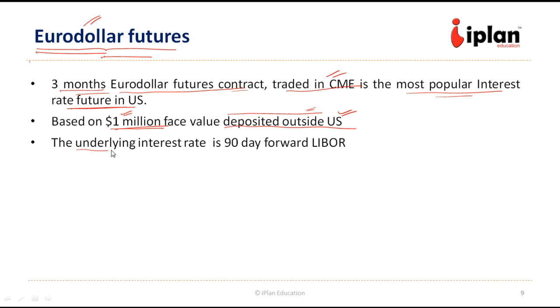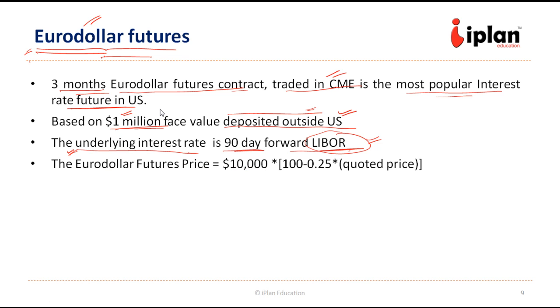And the underlying interest rate which is used is 90-day forward Libor. So this is not the treasury bill rate, it is London interbank offer rate, which is used as an underlying for euro dollar futures. So based on the movements of Libor, the price of euro dollar future will change. So this is the underlying which is going to determine the price of the derivative, which is euro dollar future in this case. So the price of euro dollar future can be calculated as this formula: 10,000 into 100 minus